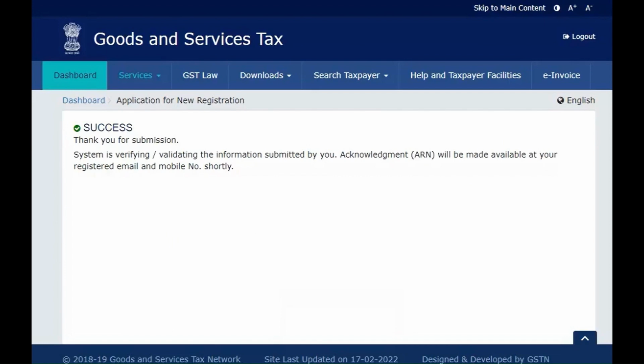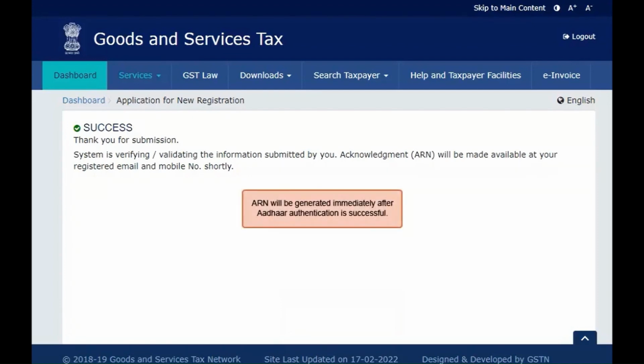Note that the Aadhaar authentication needs to be completed within 15 days from the date of generation of TRN. ARN will be generated immediately after the Aadhaar authentication is successful. In case the Aadhaar authentication fails, then also ARN will be generated immediately afterwards.